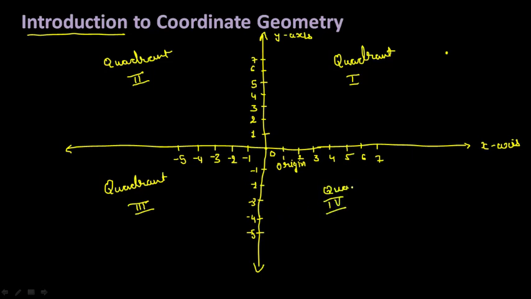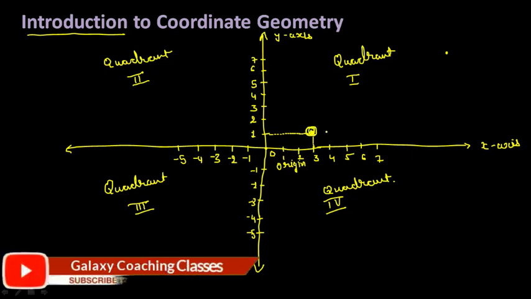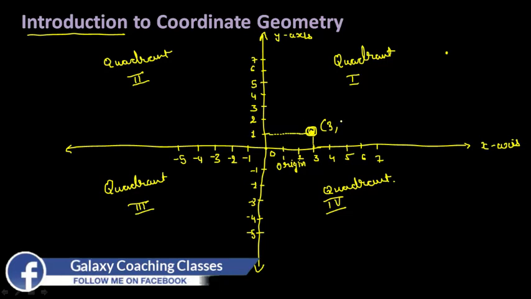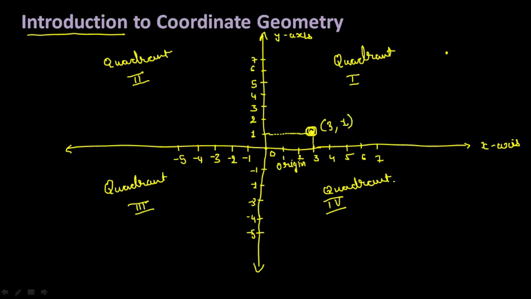Okay, now we can specify the point. Suppose one point is given here. Let me write it down. Now I can tell you the exact position of this point. How? You just need to see where it comes on the x-axis and where it lies perpendicular to the y-axis. So now you can say the coordinate of this. Every time you need to write the number of the x-axis first and then the y-axis. So the exact position of this coordinate is 3, 1.